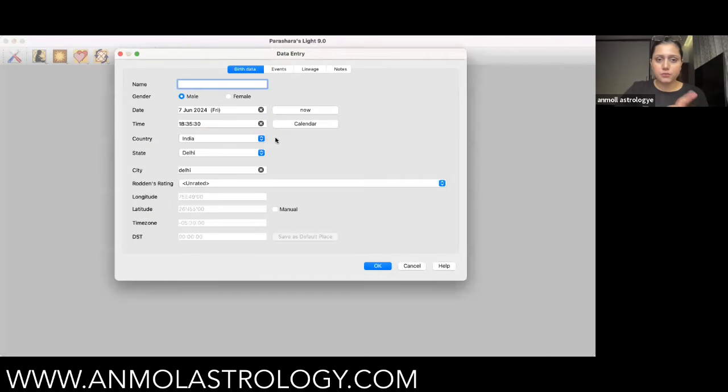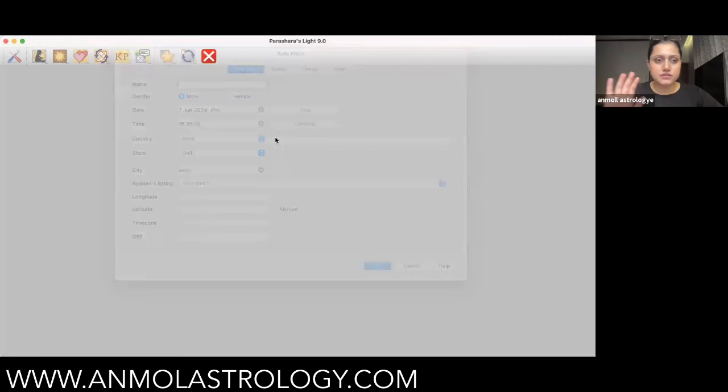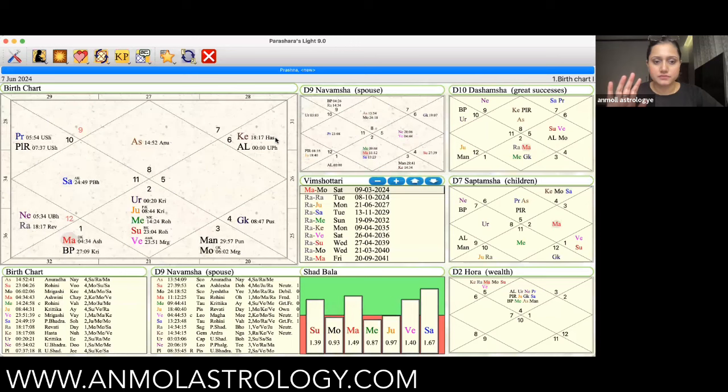Okay, so this is the Parashar Light software. I'll go on command plus new, and this is a new chart. Automatically, they have taken the date and the timing for today when I'm shooting this video, and I'll just do enter. Okay, so the very first step that you need to see while predicting through a prashna is,